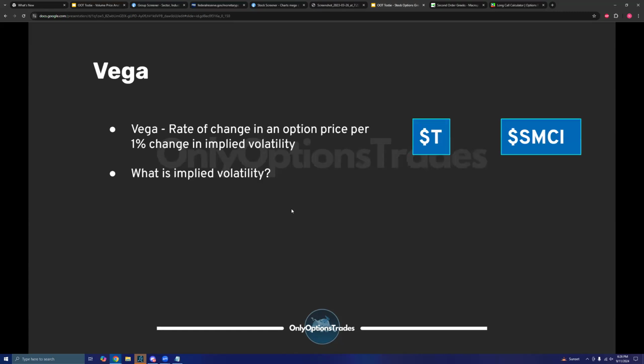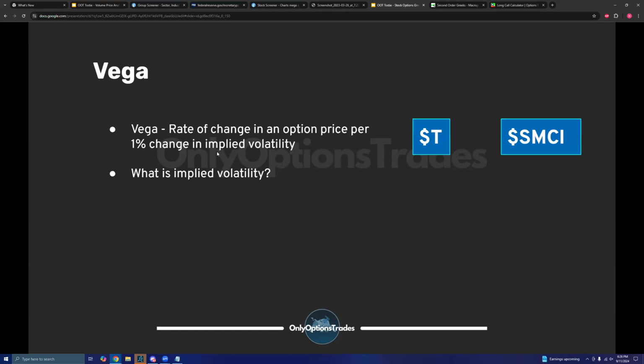All right. Next one is Vega, which is starting to become a little bit less significant. The only time you're really going to see this one come into play with much significance is during earnings. This is the rate of change in an option per 1% change in implied volatility. We'll talk about this example in just a second. Essentially, as implied volatility moves up and down, the price of an options contract also moves up and down to deal with that change in expected move.